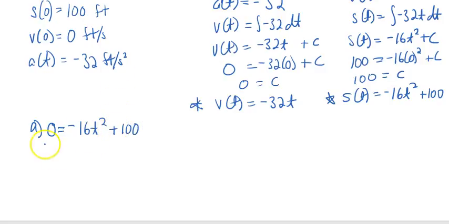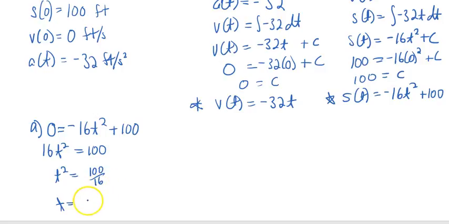And so I'm going to add that 16t squared to the other side, and then divide by 16, and then take the square root. Now, this is one of those cases, yes, you have the positive and negative square root, which